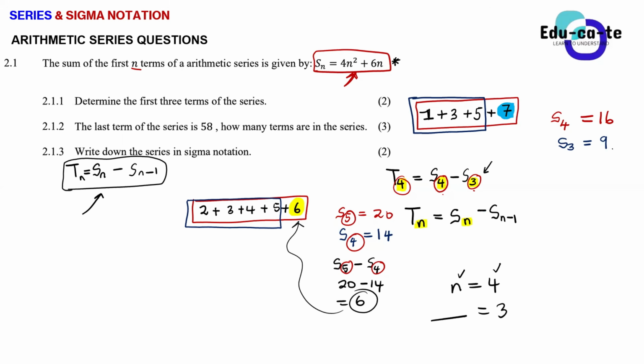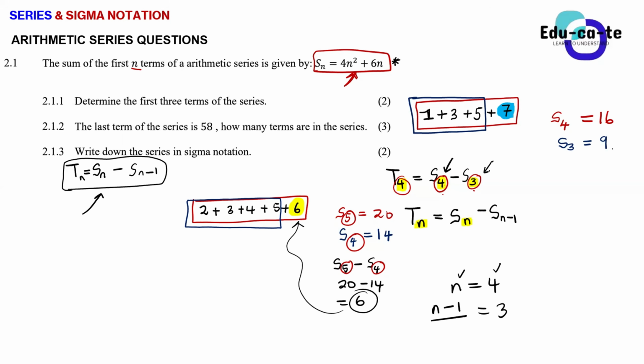N minus 1. Yes, n minus 1. For me to get this 3, I say 4 minus 1. In this case, my 4 is n. So basically that's the trend here. Whenever I have n here, because here I'm saying sum of the first 4 terms minus